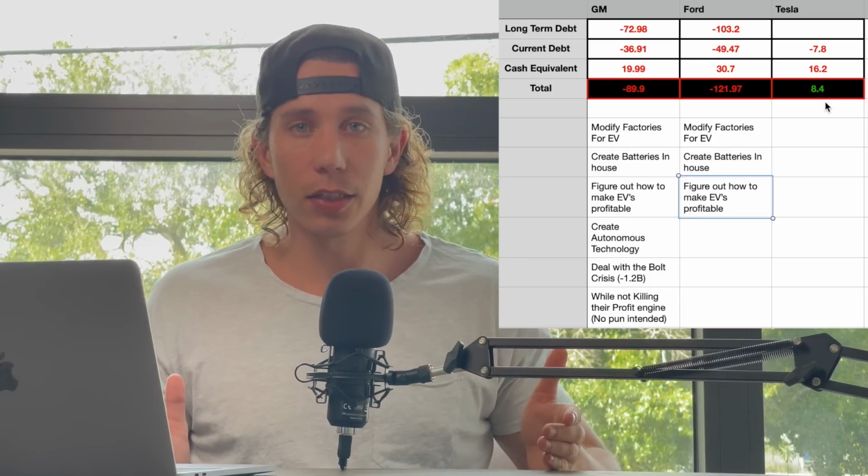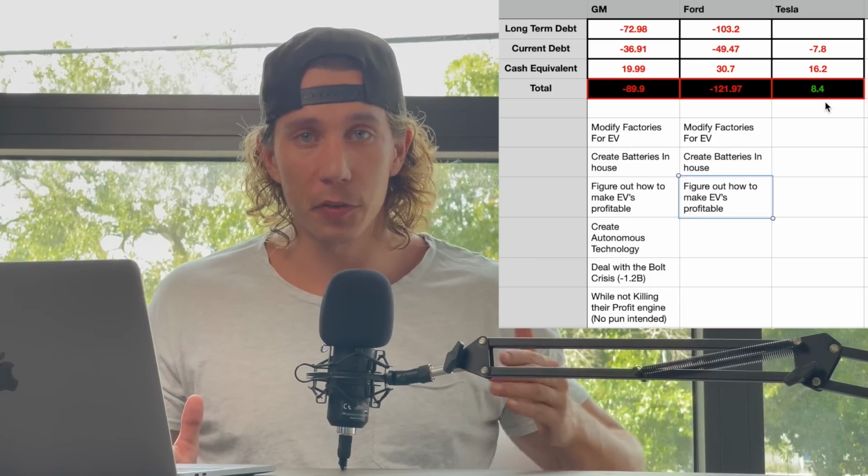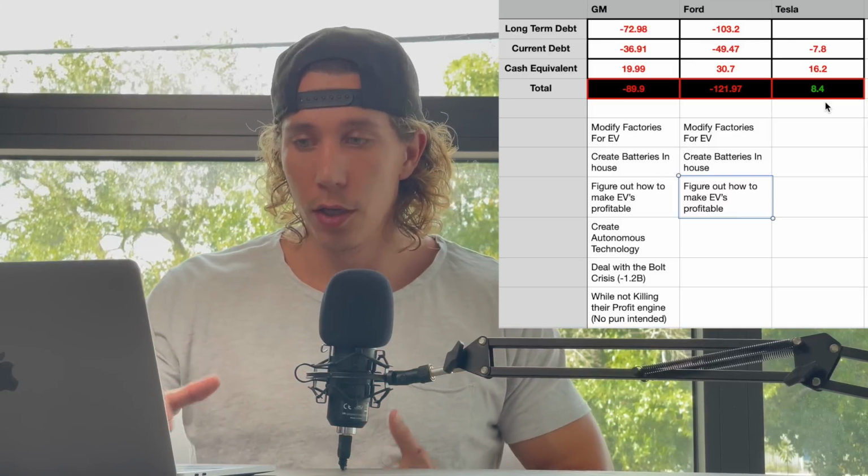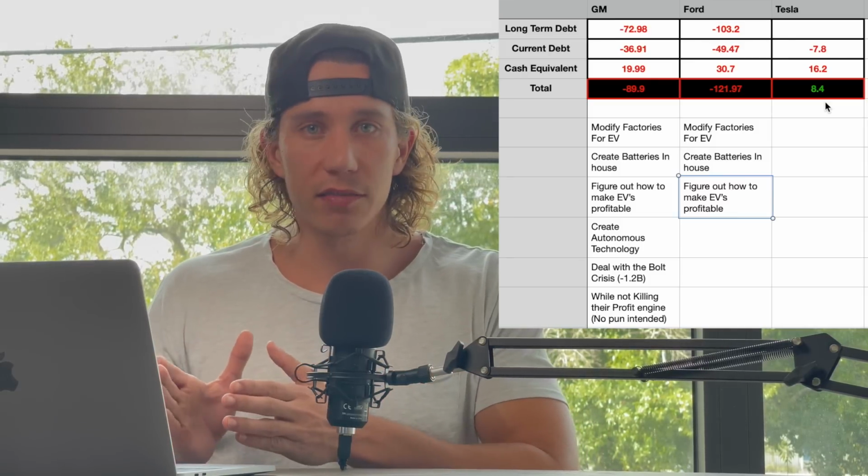So that's very important. Okay, they also need to figure out how to make EVs profitable, all right? Ford hasn't gotten there either. Nobody's gotten there, like I said, except for Tesla. So that's a huge obstacle for Ford. So up to this point, very similar